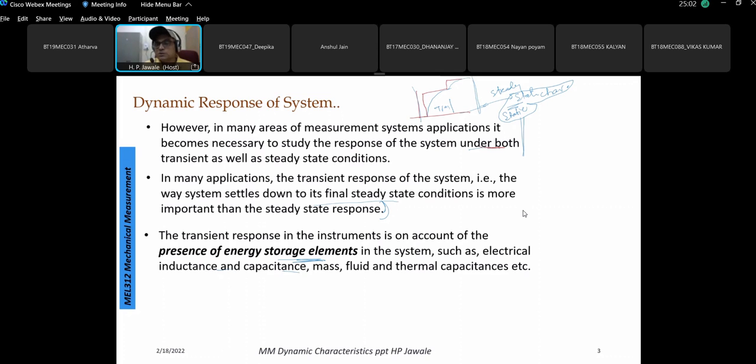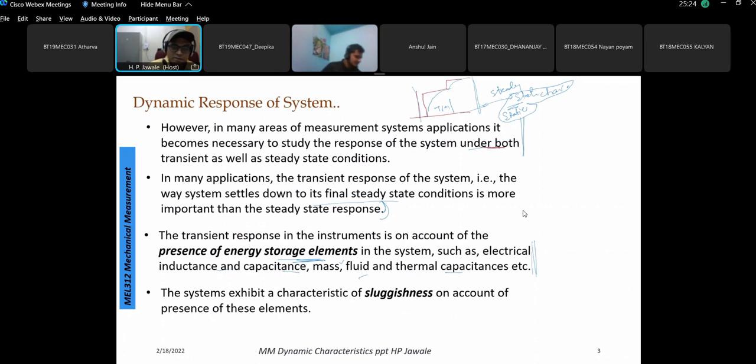some time between when the input is applied and when the output responds to, or approaches, the true value of the input given. So it can be mass, say in this case the mass of the mercury that is present, then the fluid and thermal capacitors, etc. These are very obvious elements in the physical as well as the functional blocks of the measurement system, right? So the resultant is the sluggishness that we find,